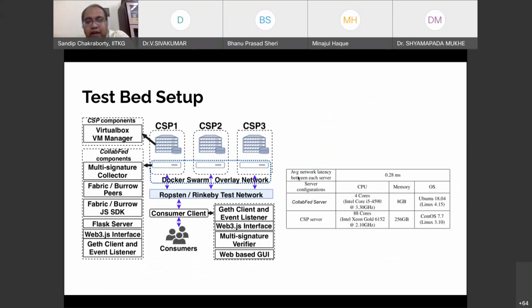So we had three different service providers, which were cloud service providers. On top of that, we created a network using a Docker Swarm overlay network, and then different blockchain services were implemented on top of the service providers' implementation. And the clients also have a user interface that has been designed. And finally, this entire system was put up and executed for several months, from where we collected the statistics data